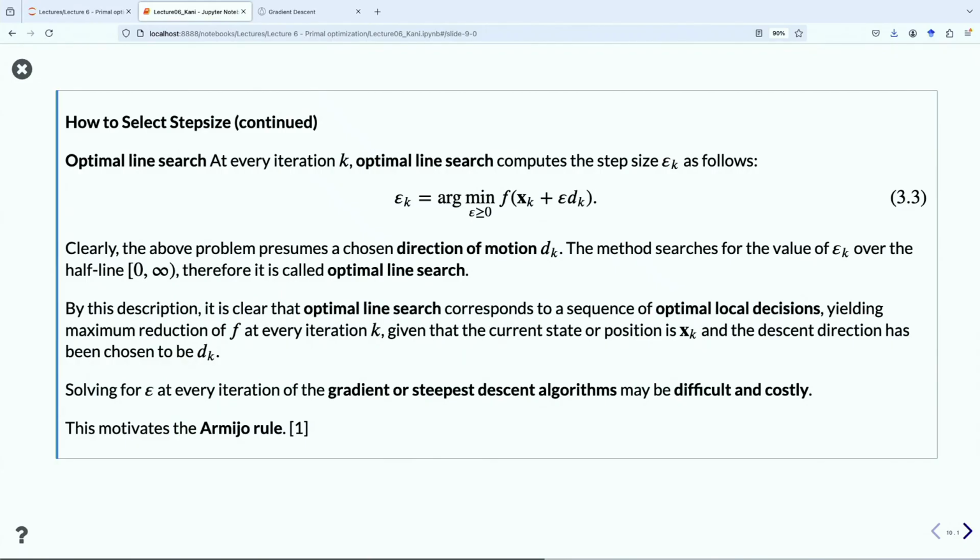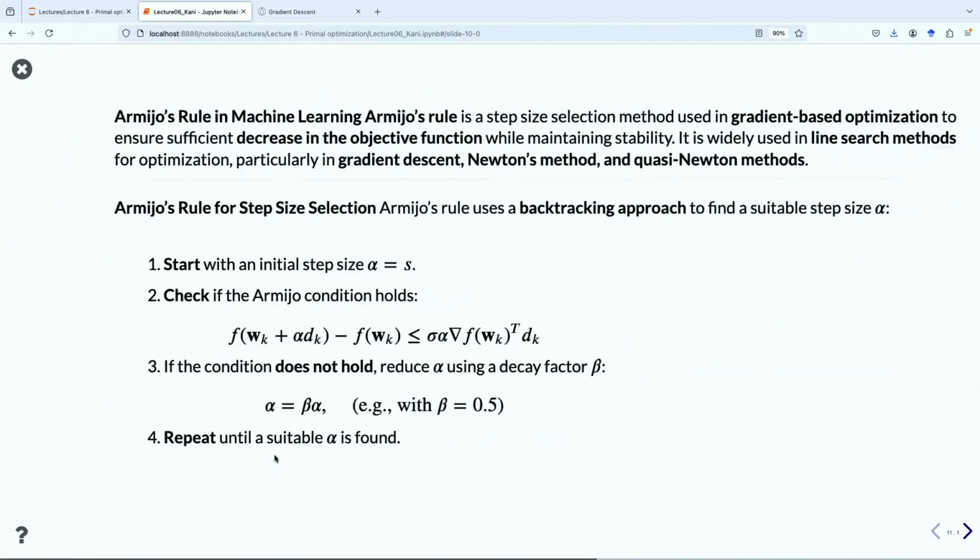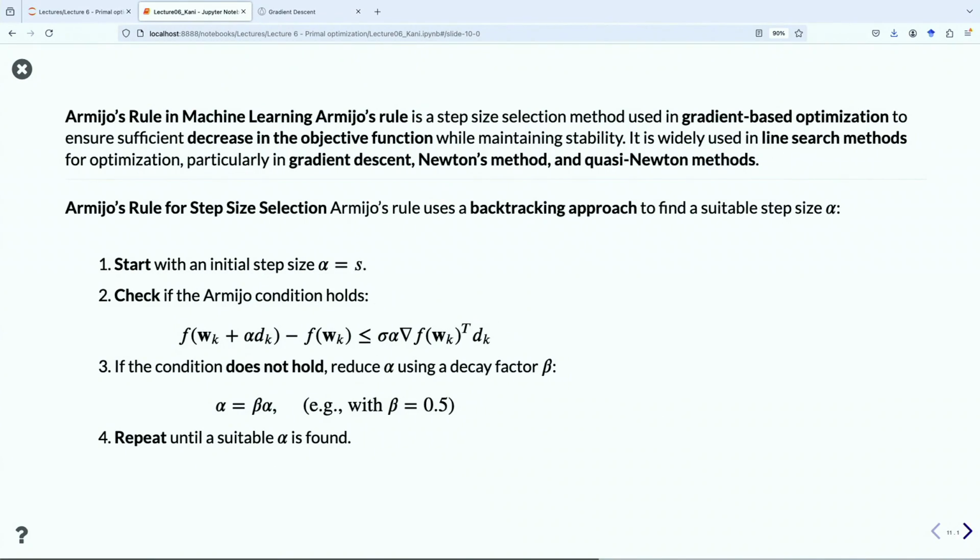There are so many algorithms behind this, but by far the most popular adaptive step size algorithm is something known as Armijo's rule. Okay, so Armijo's rule for machine learning